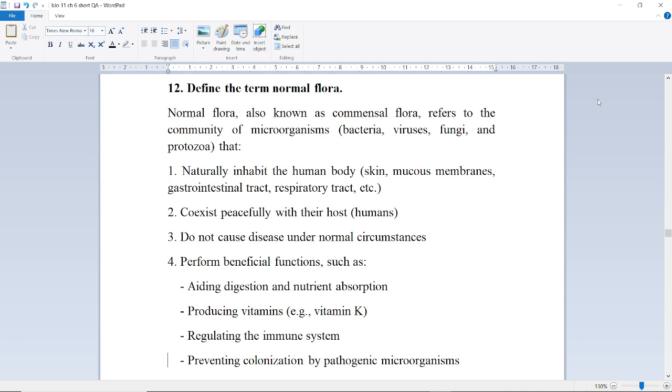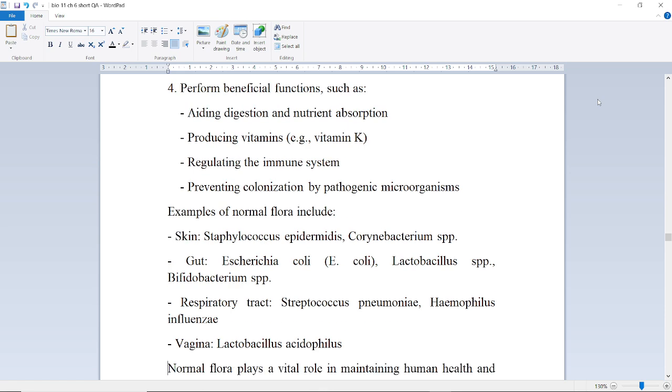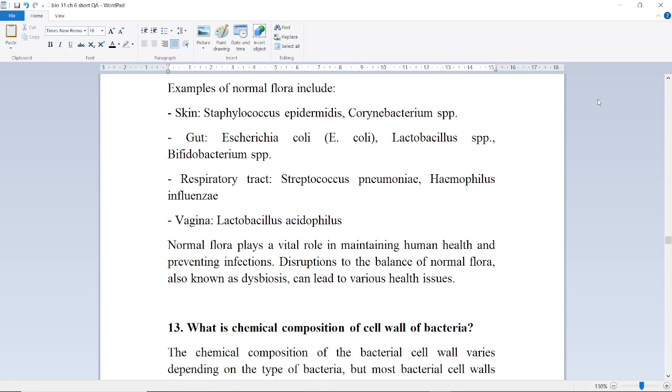Coexist peacefully with their host like humans, do not cause diseases under normal circumstances, perform beneficial functions such as aiding digestion and nutrient absorption, producing vitamins, for example vitamin K, regulating immune system, preventing colonization by pathogenic microorganisms. Examples of normal flora include skin, Staphylococcus epidermidis, Corynebacterium species, gut, Escherichia coli,